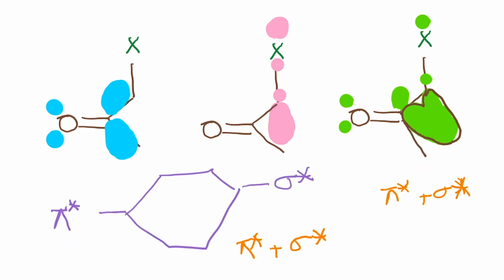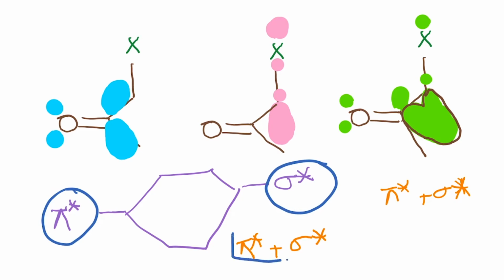So the way we would draw this picture is that if I consider the pi star of the carbon-oxygen bond, and if I consider the sigma star of the carbon-X bond, where X is an electronegative atom, they both combine and produce another orbital, which is a pi star plus sigma star, which is going to be substantially lower in energy. And this is going to be my new LUMO, or the more reactive LUMO. So what we are trying to tell you is that when you have an electronegative atom next to a carbonyl,